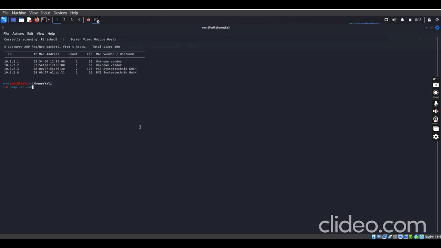With this we will know if there's an open port on it. So I'm going to give this command the server IP which we found out. I missed out a tag.